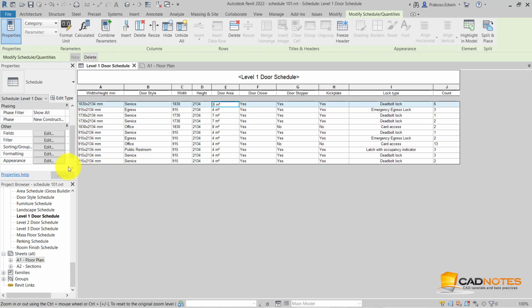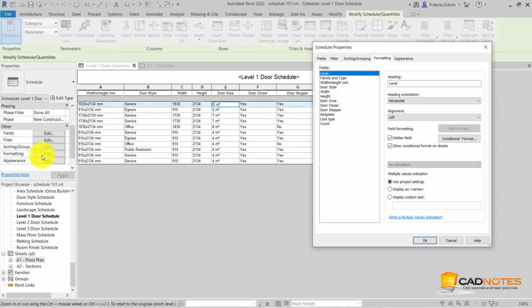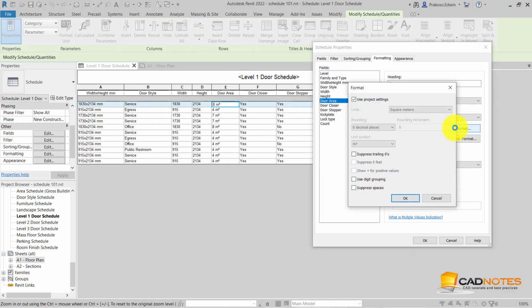We can do that by going to the formatting, and we can select the door area, this one, and we can change the field format. Uncheck this to override the setting.